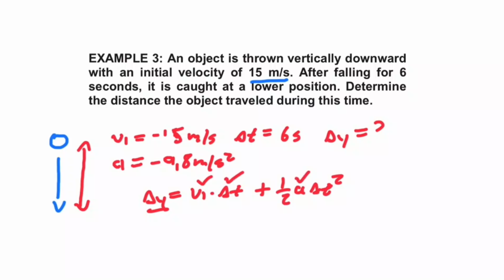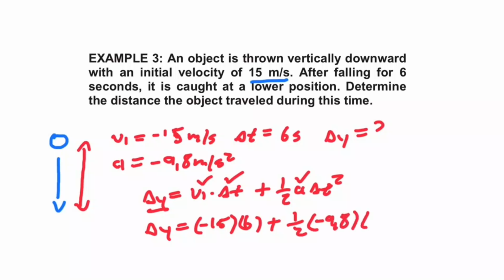So let's go ahead and substitute. Delta y will be equal to vi, which is minus 15, multiplied by delta t, which is 6, plus a half, the acceleration is minus 9.8, delta t is 6, and we square that. Now it's just a matter of putting that in your calculator, and we will get